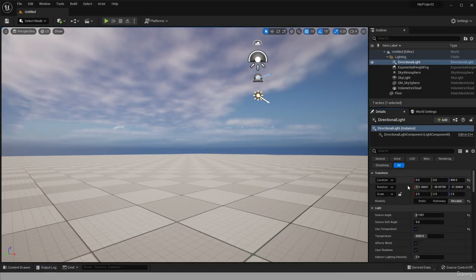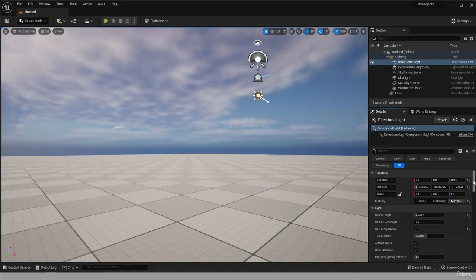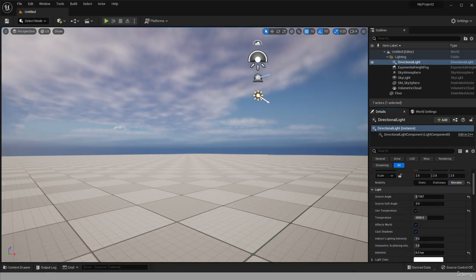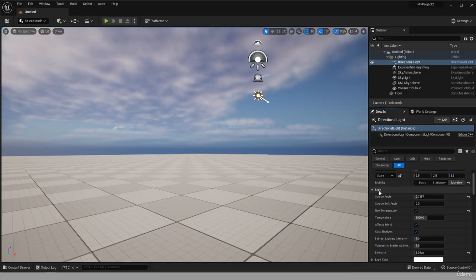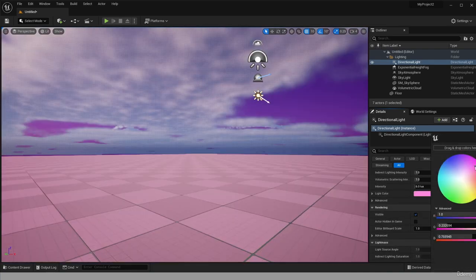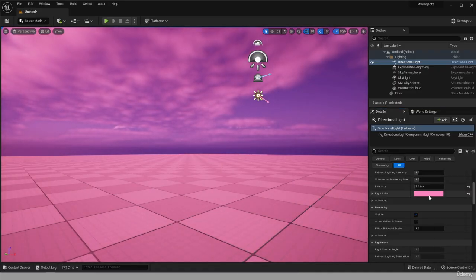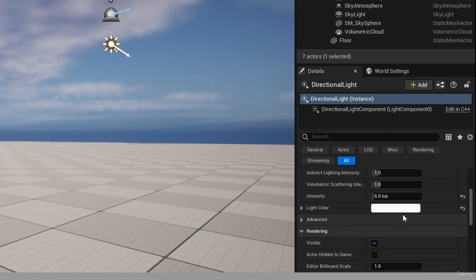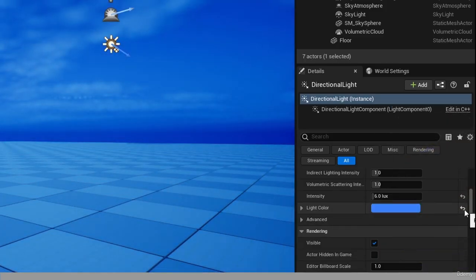You remember that we did change the scale for the cubes in the sample level, and basically the transform settings are always here. Depending on the type of your actor, details can change. For example, you can see that light has its own light settings, and we can change the light color. Let's try. Wow, looks epic. Okay, let's go back. Actually, if you don't know what the color was before, you can just click here,